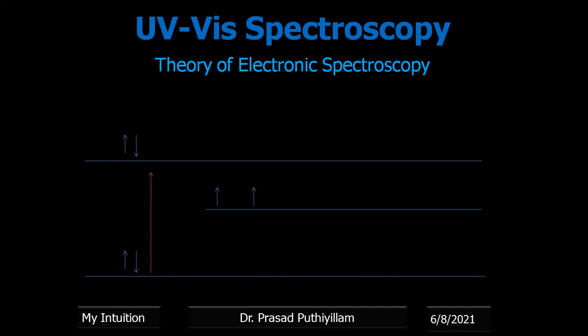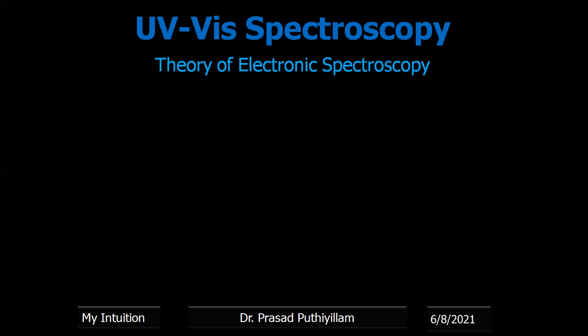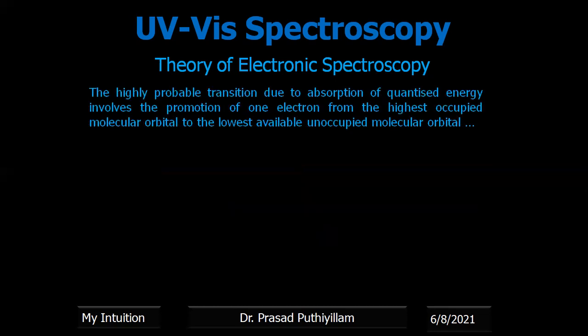Even the electrons at the excited singlet state can rearrange to give the triplet state. When they rearrange, that means there is an energy difference. That means some energy it has to lose. So when it loses a little bit of energy, that energy will be lost as light energy. Therefore, when it goes to a lower energy level, that is singlet state to triplet state, it emits a certain amount of energy as light. That is the emission, what we call it.